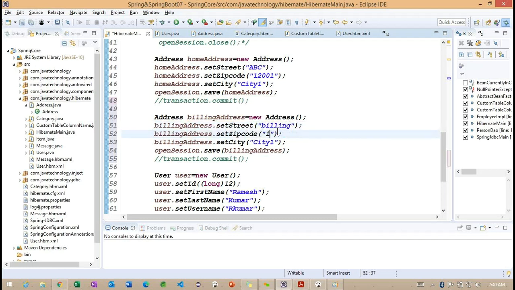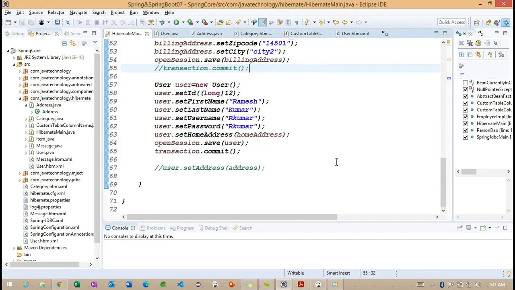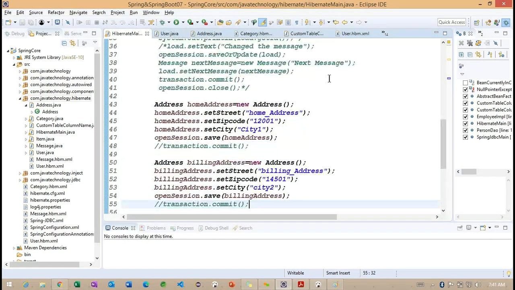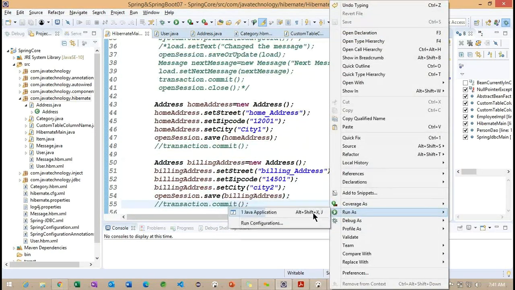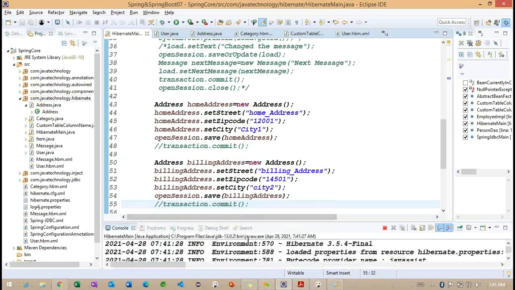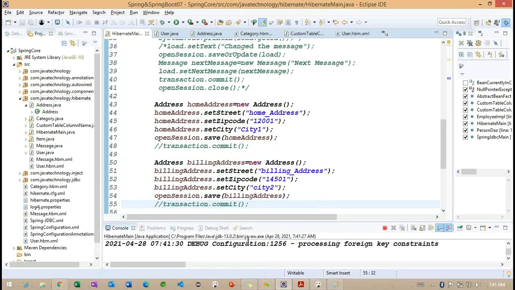For street I also want to provide billing. For zip code I want to give some different one. City 2. Instead of ABC we can make it home underscore address here. So this we can change to the billing address so that we can understand the state information. Okay. Now we need to understand very carefully because we are going to get more errors.